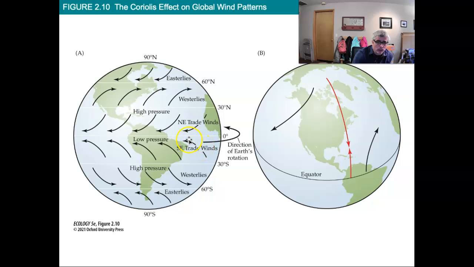So here's an example of the predominant direction of our winds. Trade winds move from the east to the west, westerlies move from the west to the east, and easterlies again come from east to west. And wind, you name by the direction it comes from. So if we say we're having a western wind today, that means the wind is coming out of the west. A southern wind is wind coming from the south to the north.